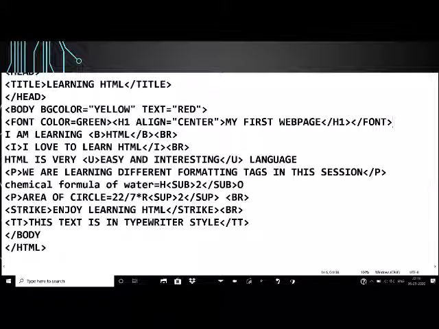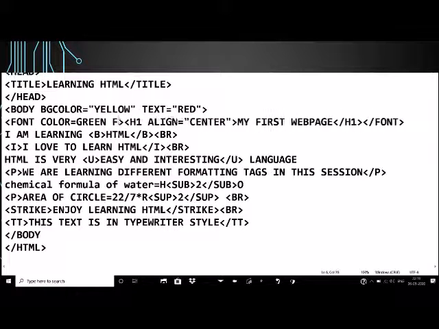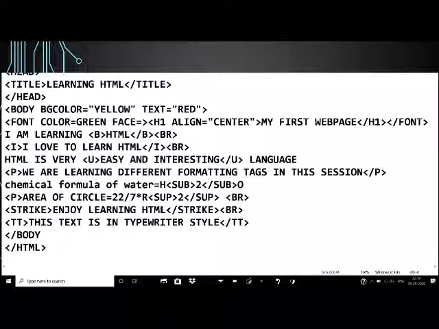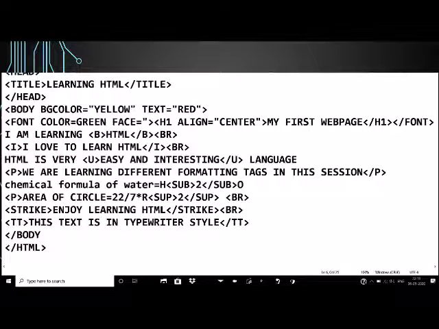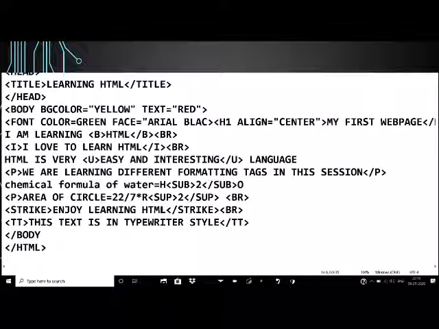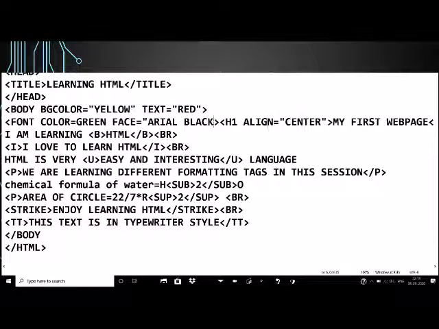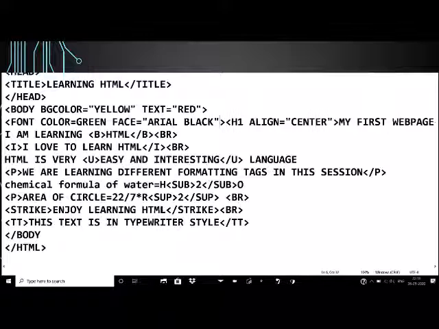And if I want to change the style also of the text, then I can use face attribute. Face is equal to, suppose I want it to appear in Arial black, then I can write here Arial black. And I will close this.